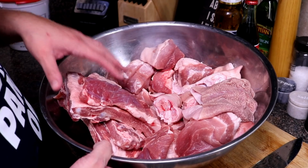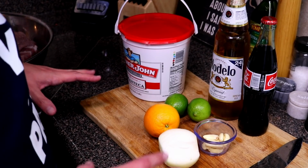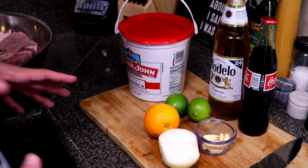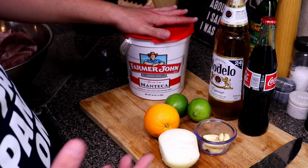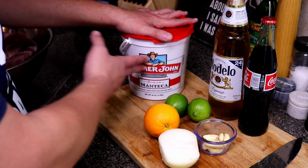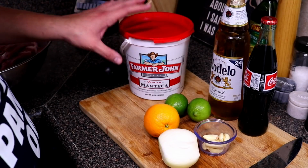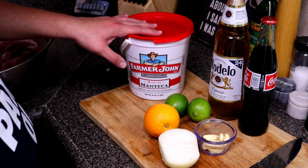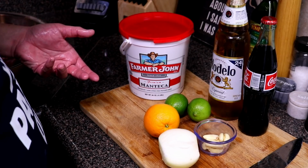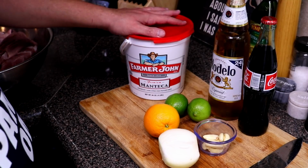the Michoacan style carnitas. Now, when it comes to the other ingredients, the most popular when it comes to Michoacan style, which you'll see, is manteca, lard. You're gonna need some pork lard. About 4 pounds is what I have here. This has already been used. I do not throw my lard away. I actually let it cool down just a tad bit where I can handle it, and then I filter it, and then I put it back in the container, obviously cleaned and everything, and then I put it in